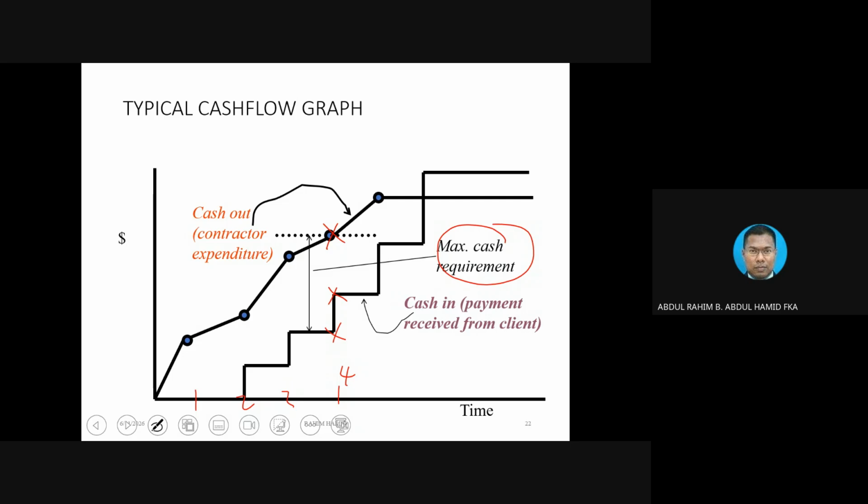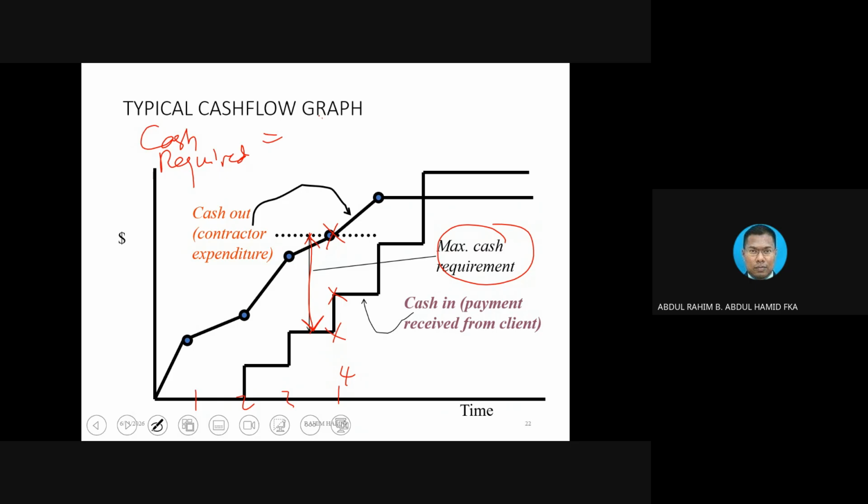And whatever money the contractor has is based on the previous month. The line here indicates what we want to know, the cash required. So again, the cash required formula